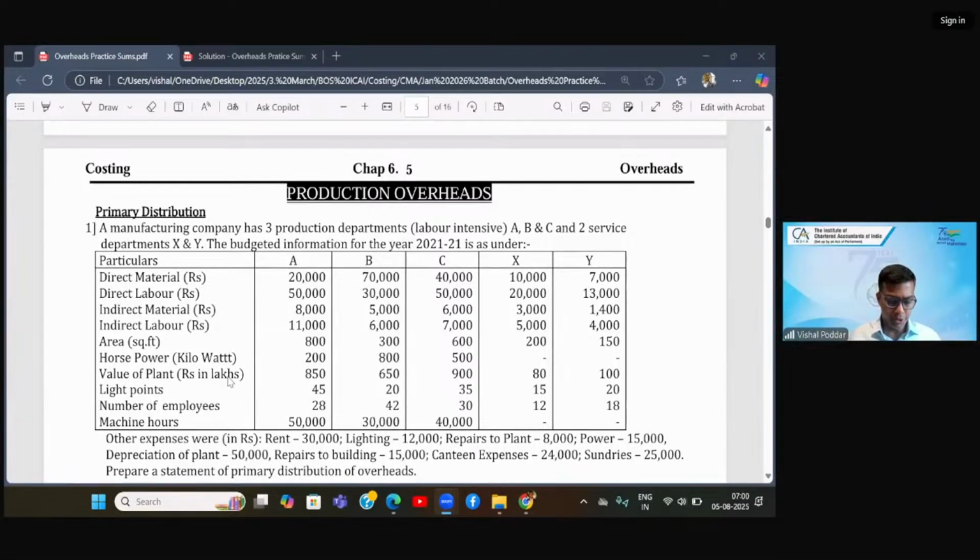Welcome to our morning session on the very interesting, very value-adding topic of overheads. I believe this is one of the crux topics of costing. This is a topic where you are actually doing real hardcore costing, and it requires a lot of costing skills, a lot of judgmental skills, because overheads are something, as we have been discussing, which is not directly identifiable with your product, and hence it is overheads.